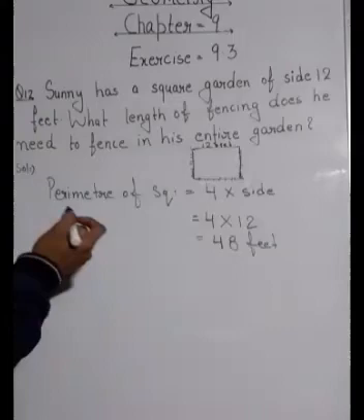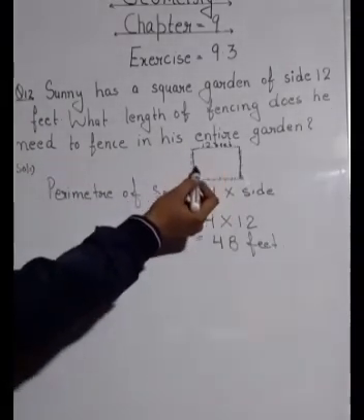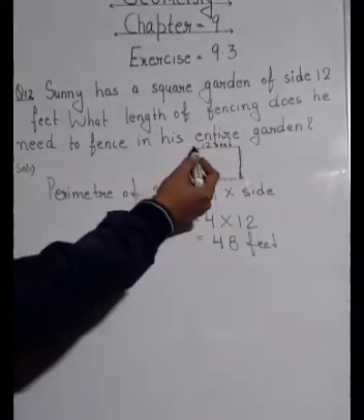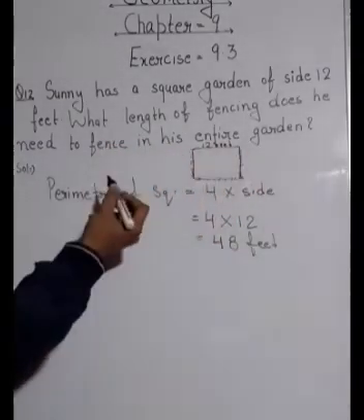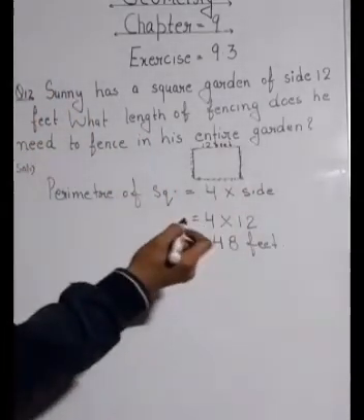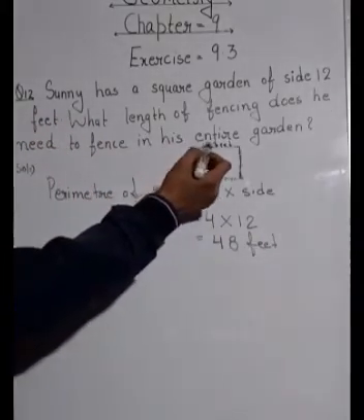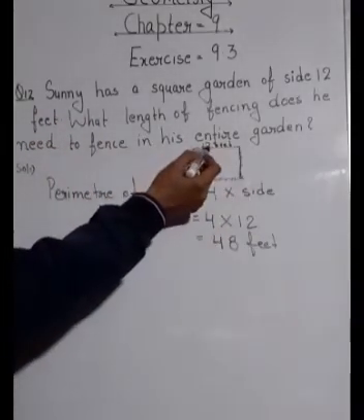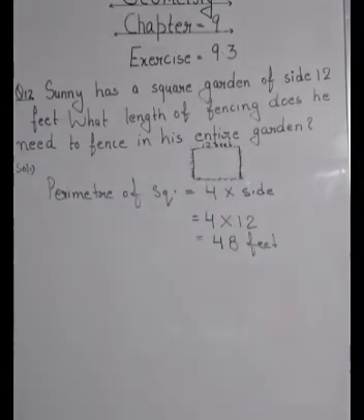Clear? So students, in a question like you have to do the fencing of a ground, or you have to make a boundary around the ground, or you have to cover the border of this board with your ribbon, in all of this you have to find the perimeter, in which you are just covering the boundaries, not the inside area. Okay, now we will do another question.